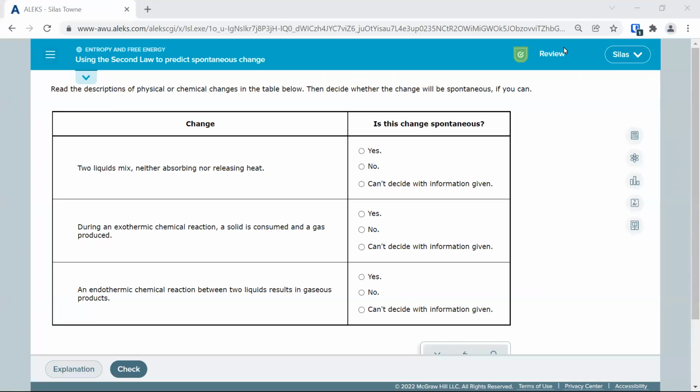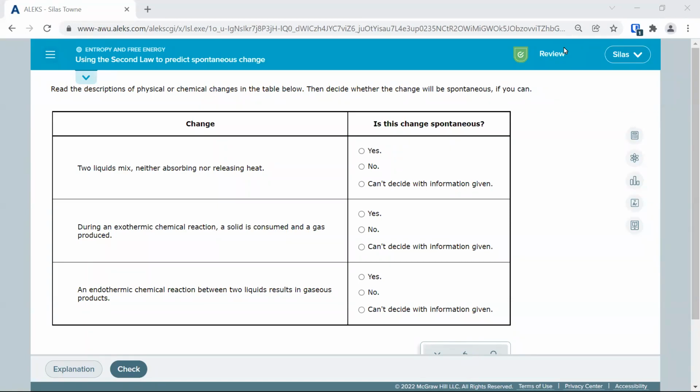All right, let's look at the second law of thermodynamics to predict spontaneous change. Cool question here. We're not using numbers. We're looking at the reaction and the surroundings to see if we think it'll be spontaneous based off the words. And so what we learned in class is that if the entropy of the universe is increasing, then something will be spontaneous. And we can determine that here with two bits of information.